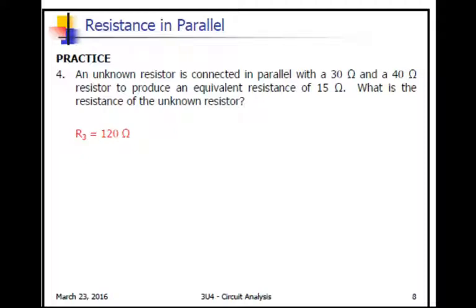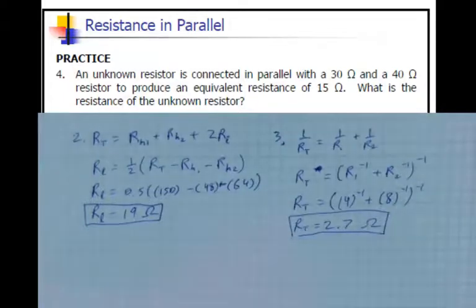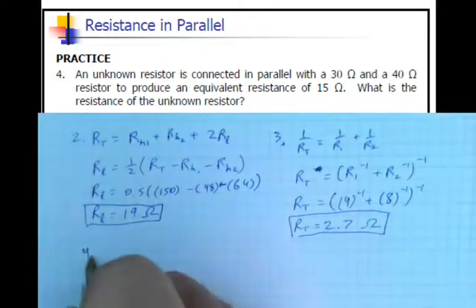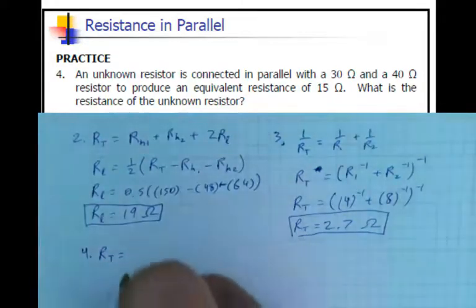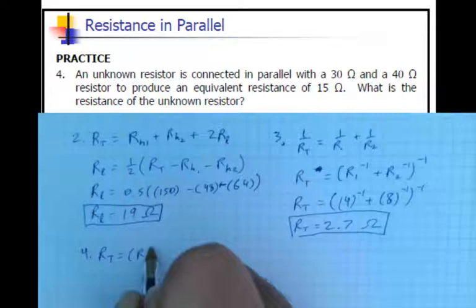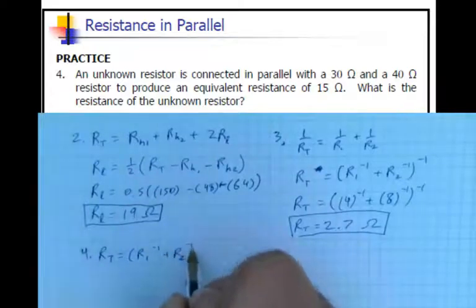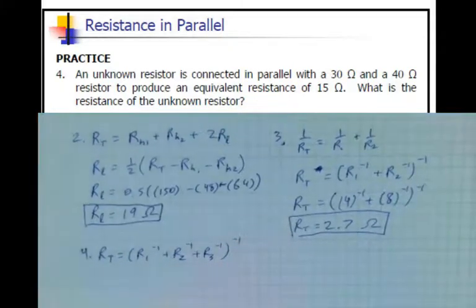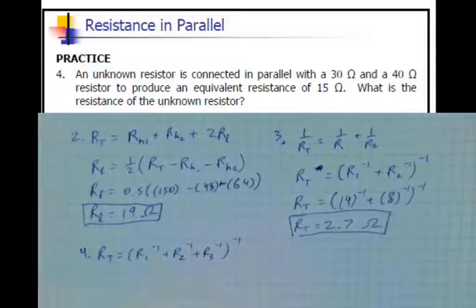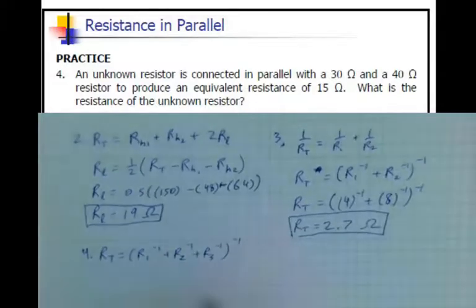Here's another question. It says we have an unknown resistor connected in parallel with a 30 ohm and a 40 ohm resistor, and it produces an equivalent resistance of 15 ohms. So what is the resistance of the unknown resistor? So we know RT equals R1 to the negative 1 plus R2 to the negative 1 plus R3 to the negative 1, all to the negative 1. To find this unknown resistor, we can